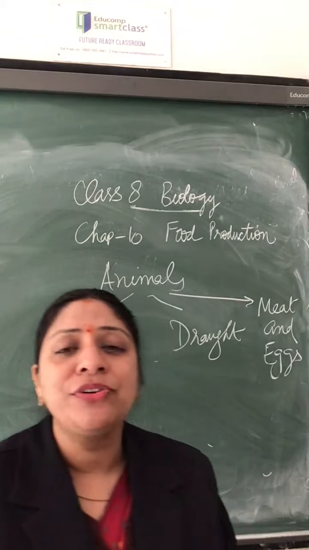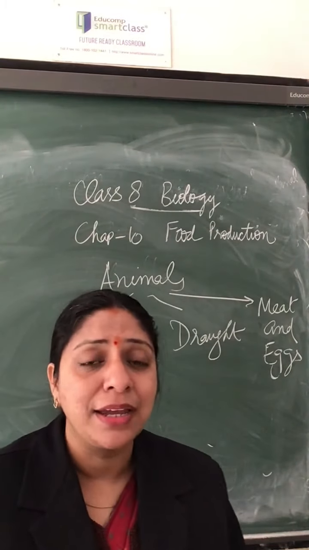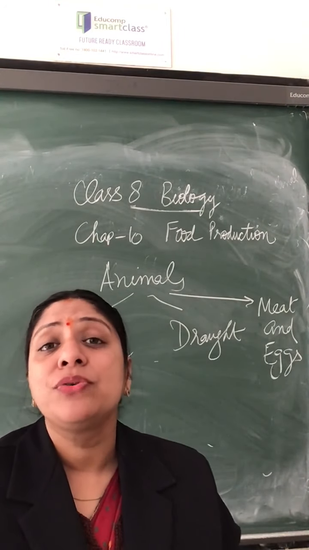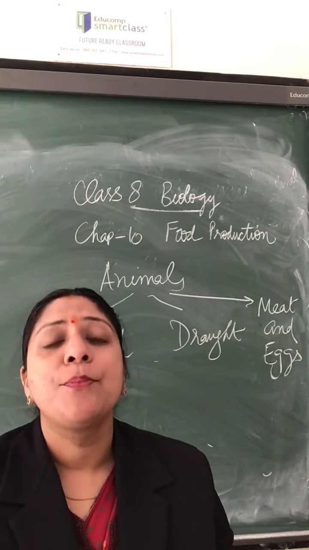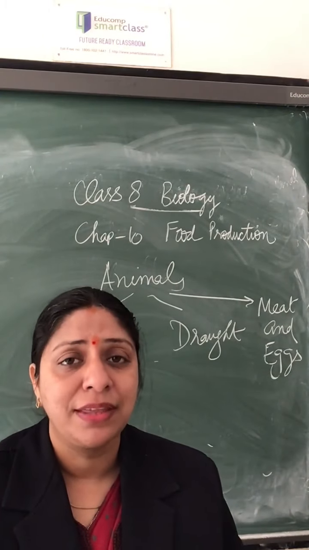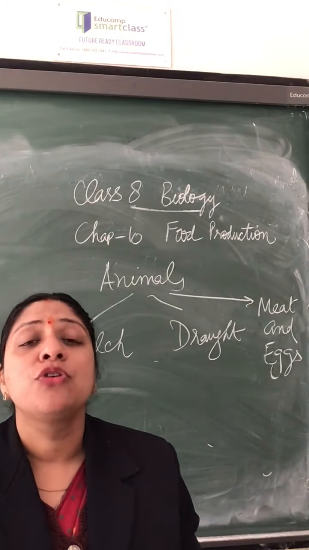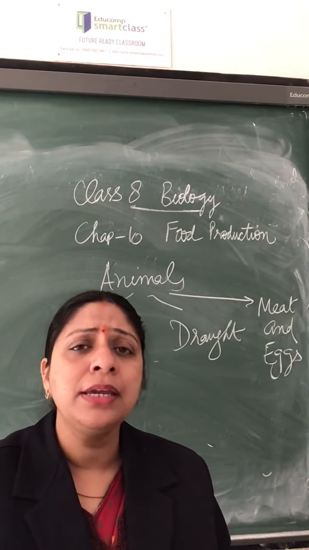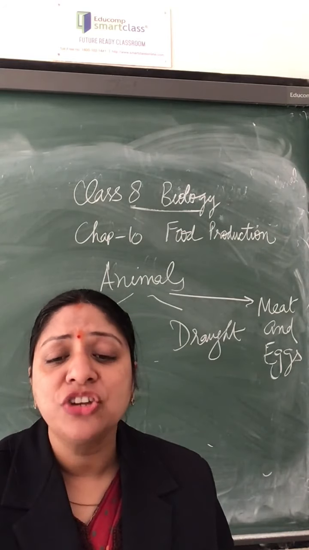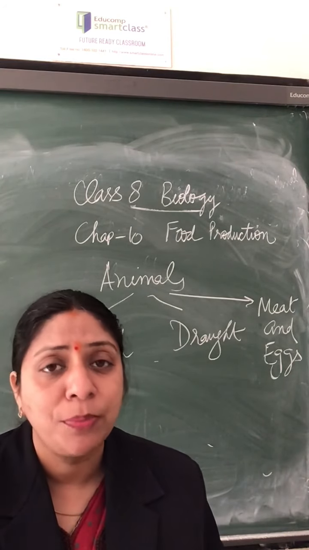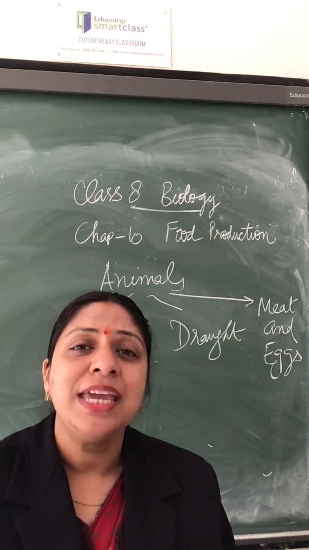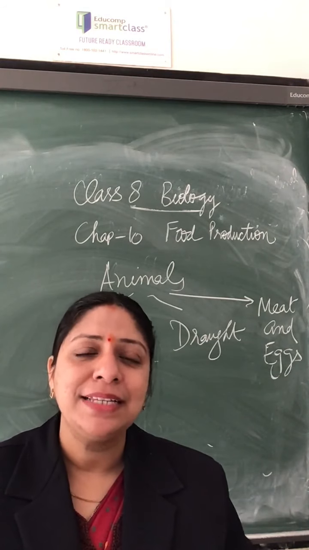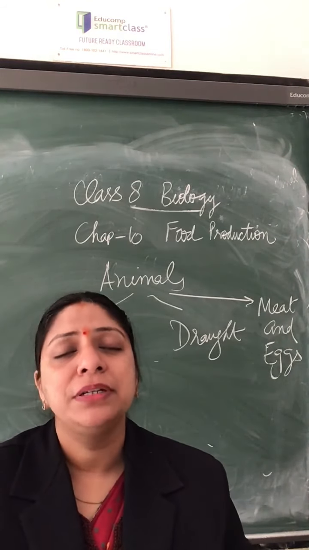Now, in this poultry farming also, care should be taken that if any of the birds is infected or is not well, then its infection could spread to the others, and therefore proper antibiotics should be given in their diet so that the infection does not spread to the other birds. Even the shelter of the poultry should be taken proper care of. Proper light should be there. Even the bird should be able to freely move around. Not much space, but at least the bird will be able to turn and have some movement.